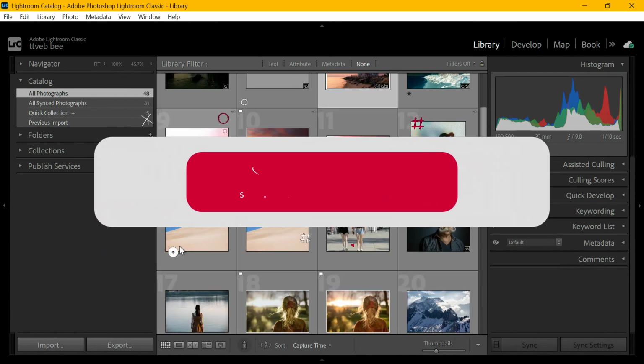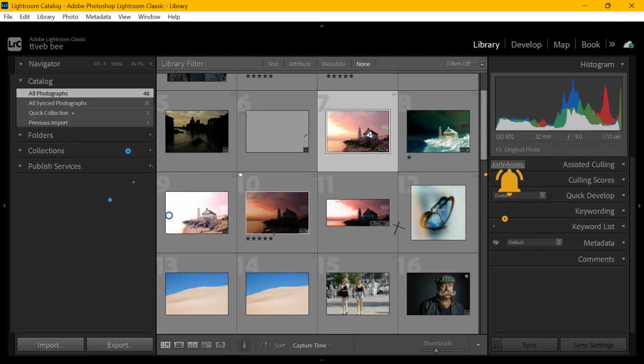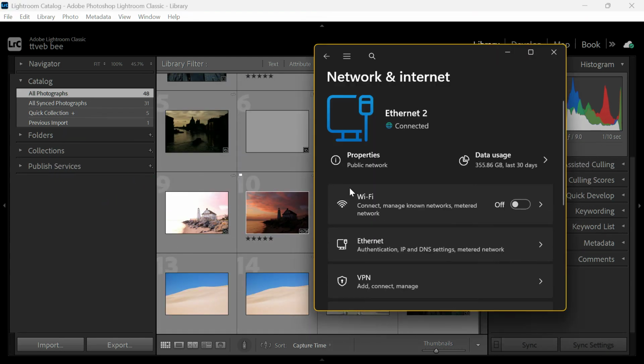Let's get into it. First, check your internet connection. A weak or unstable connection is one of the most common reasons Adobe sign-in errors happen. Make sure you're on a stable Wi-Fi network, and if possible, reconnect to your router or switch to a stronger